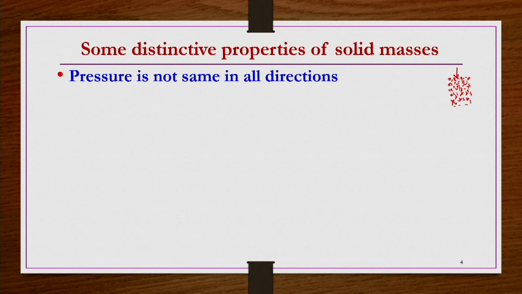The pressure, let us say this pressure, would be distributed in all directions. Indeed, it will be distributed in all directions, and that distribution is not the same in all directions. So, the pressure in this direction may be something, pressure in another direction may be something else, and pressure in the normal direction may be something else. Like this, the pressure is not the same in all directions.